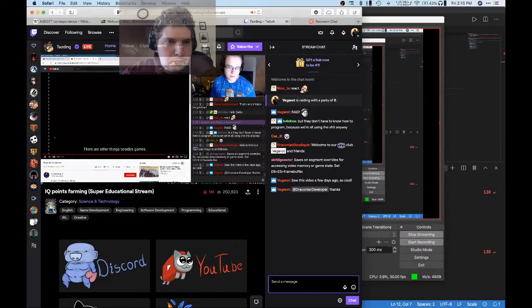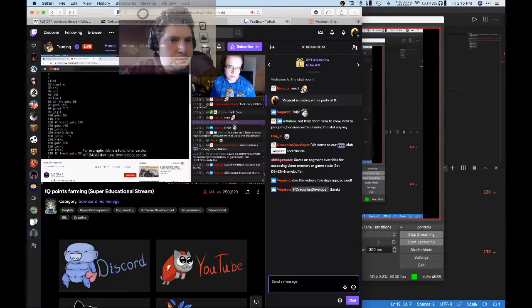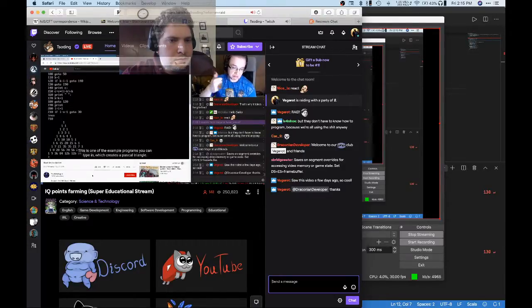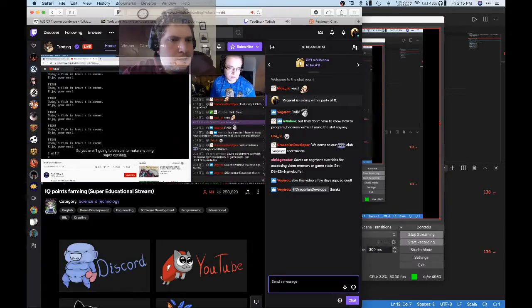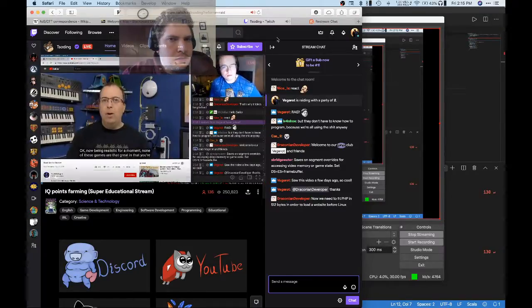There are other things besides games. For example, this is a functional version of BASIC that runs from a boot sector. This is one of the example programs you can type in, which creates a Pascal triangle. Now, this version of BASIC is very limited, however. It has a very limited command set, and each line can only be 19 characters long. So you're not going to be able to make anything super exciting. Plus, I don't think there's any way to load and save your work. Okay, now, being realistic for a moment, none of these games